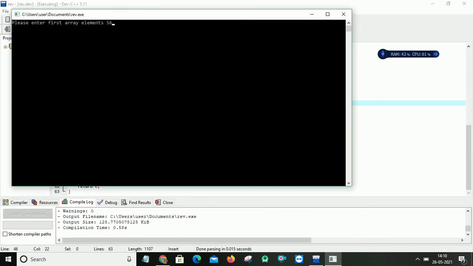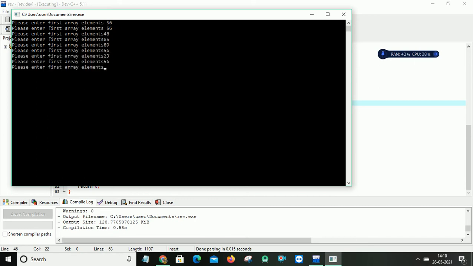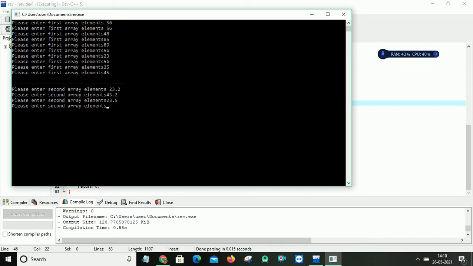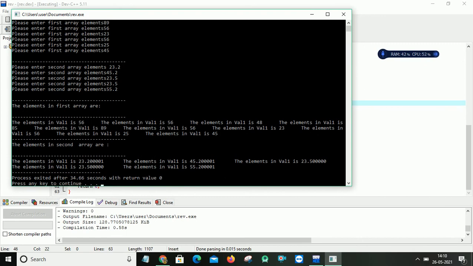So for the first array, it will ask me for the second array. I have given a horizontal tab, so it will show me like this.